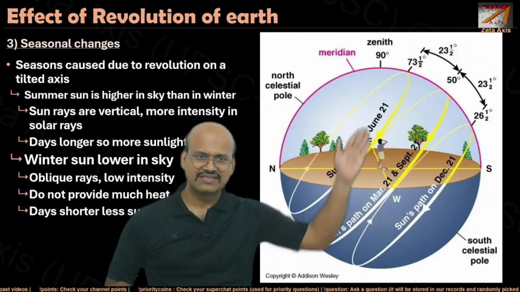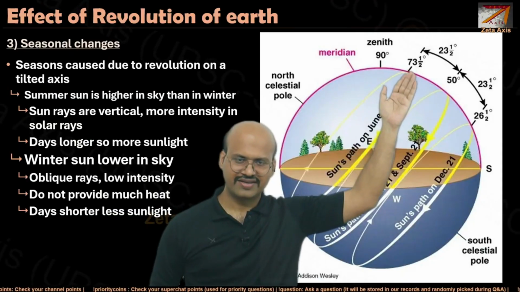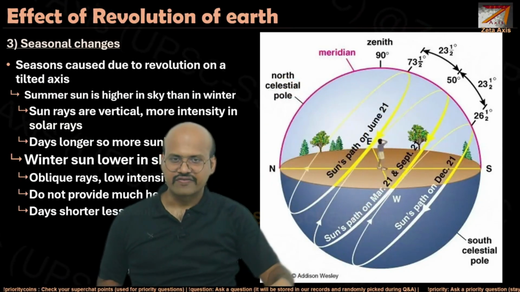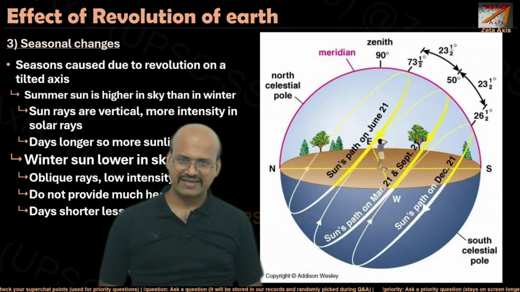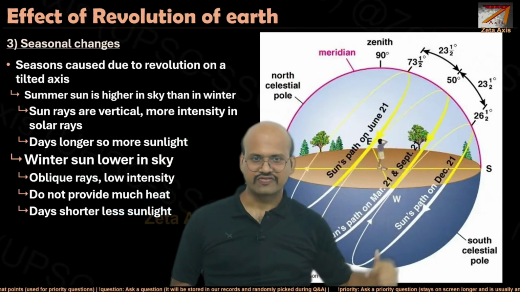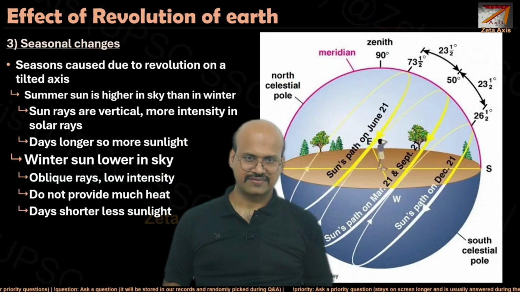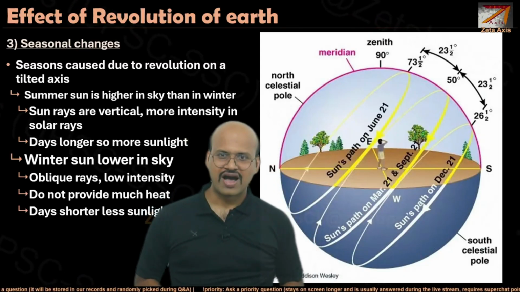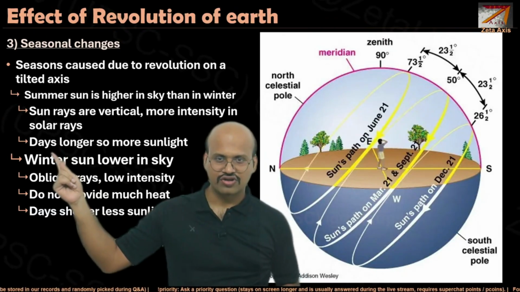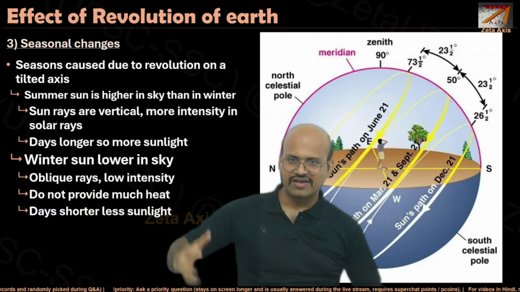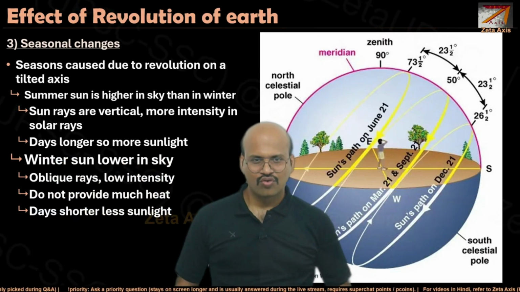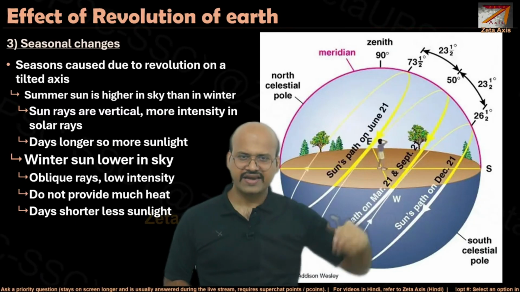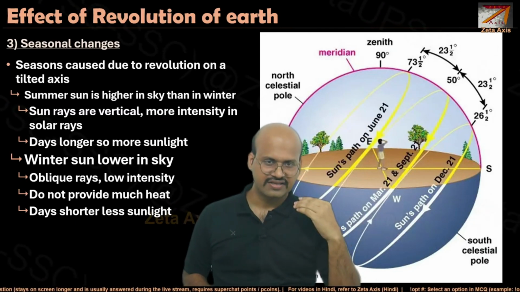So we know that the sun is higher, it is vertical in the summer, and the sun rays are vertical. Therefore they are not spread out, they are direct, they travel less distance in the atmosphere, therefore there is less dispersion, and that is why the amount of heat received by our earth is also higher. Days are longer, so we have more sunlight, that is why we have more temperature, more warmth or more heat which is received during the summertime, because the sun is higher in the sky, it is in the sky for longer